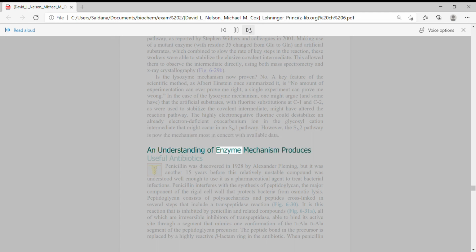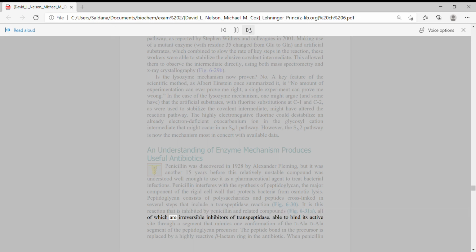An understanding of enzyme mechanism produces useful antibiotics. Penicillin was discovered in 1928 by Alexander Fleming, but it was another 15 years before this relatively unstable compound was understood well enough to use it as a pharmaceutical agent to treat bacterial infections. Penicillin interferes with the synthesis of peptidoglycan, the major component of the rigid cell wall that protects bacteria from osmotic lysis. Peptidoglycan consists of polysaccharides and peptides cross-linked in several steps that include a transpeptidase reaction, Fig. 6-30. It is this reaction that is inhibited by penicillin and related compounds, Fig. 6-31a,